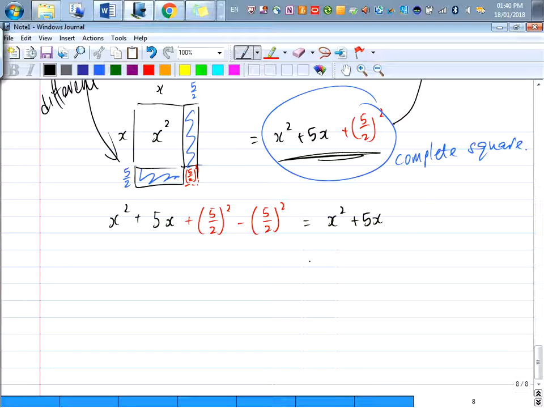Quite intuitive, right? See all the black parts, they are the same. All I did was to introduce 5 over 2 squared, and then I take it out again. Of course, they are going to be equal. But what is the point of doing all this is that this red color one was the piece that I added to make it a complete square. So where is my completed square? This is my completed square. And what is the completed square over here? X plus